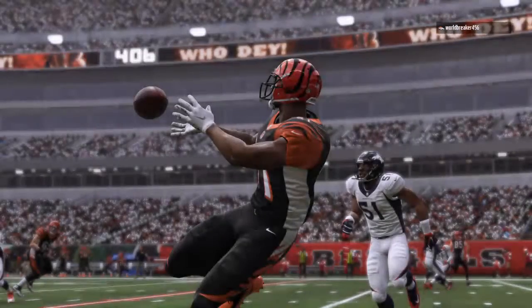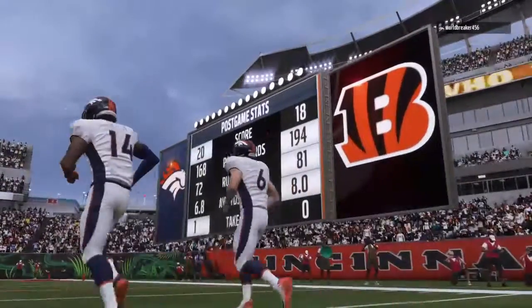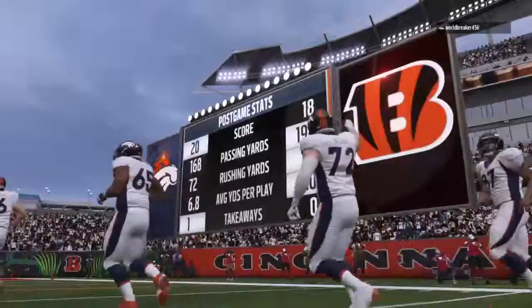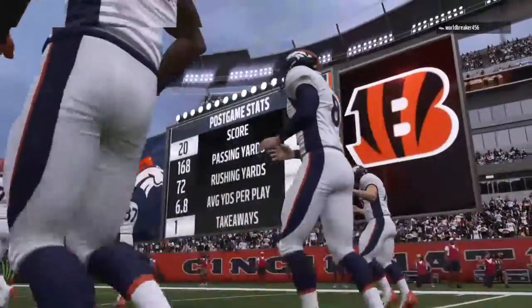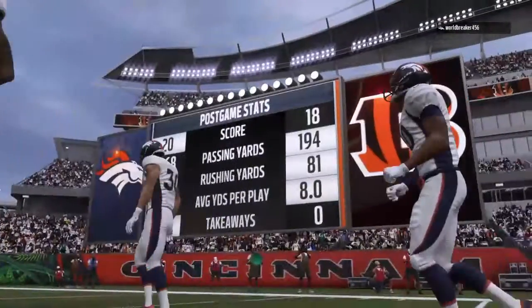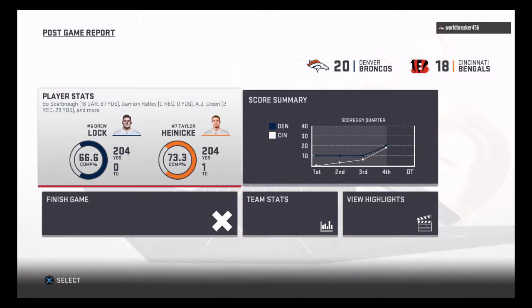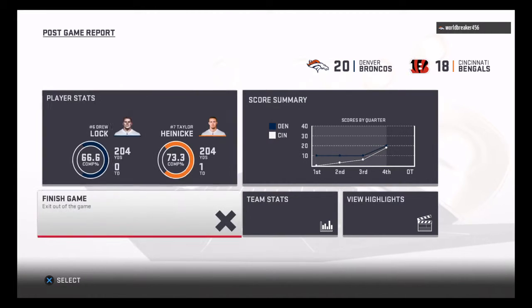A road win in the National Football League. Charles, you never take that for granted no matter who you're playing, no matter where you're playing. You take it and you run with it. And you know you primed the pump all week in your own home facility. No one thinks we can do this. Only people who believe are right here in this room. And then you go on the road, band together, and get it done. So for the Broncos,